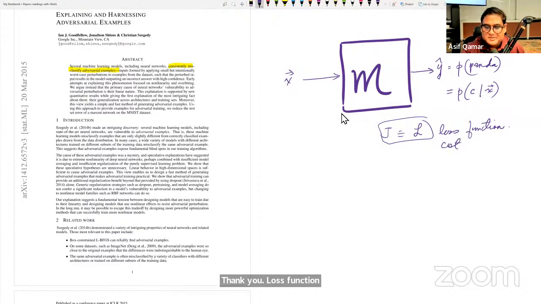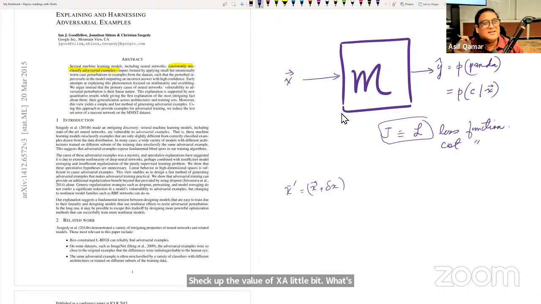And people sometimes use the word cost function. These days, loss function has become more or less the word most people use. So now I'll ask this. Would you agree that if I make a perturbation to X prime, I just make a small perturbation, shake up the value of X a little bit randomly, what will it do to Y hat? It will produce, hopefully, a slightly different prediction, isn't it? The probability of that class, let's say panda, might change a little bit,